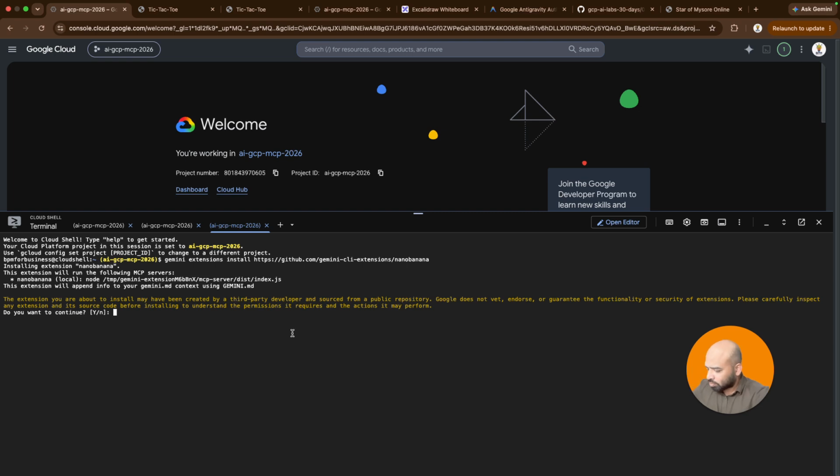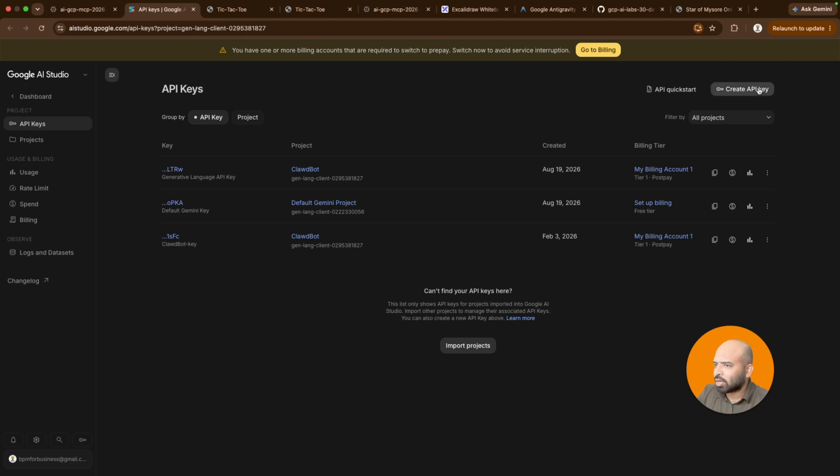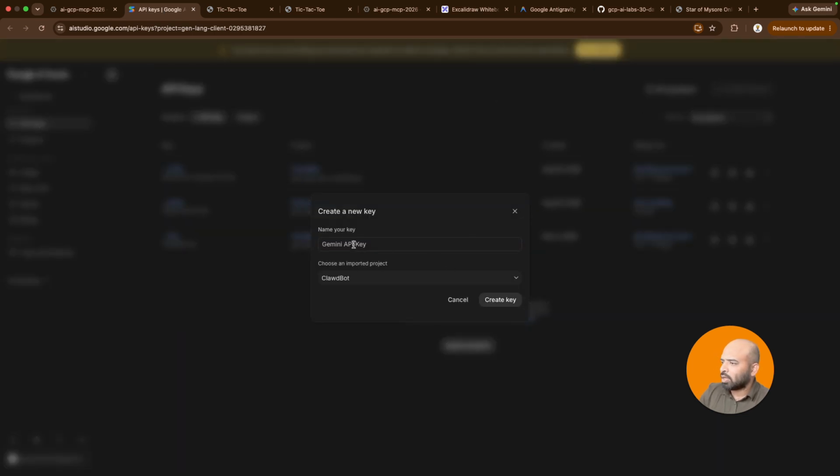See, you just say gemini extensions install and it installs that. Say yes, and it's asking for an API key. Once I pass the API key, this gets installed into Nanobanana, and then you can start generating images. You click on this link and it opens the API key page. Go there, create API key, and